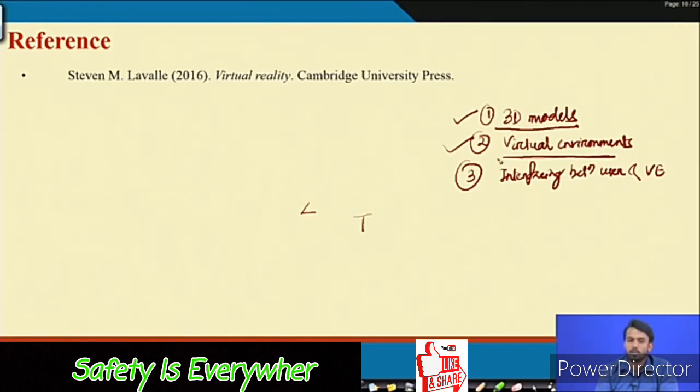That means the different operations you will perform on those 3D models, static and dynamic components, how the scaling properties of the static and dynamic components are taken care of, and how the movement properties, translation and rotation of the 3D models are taken care of, we can know with the help of this particular lecture.